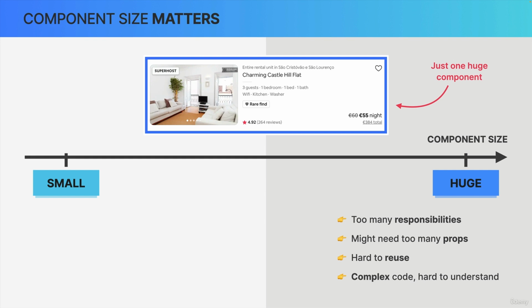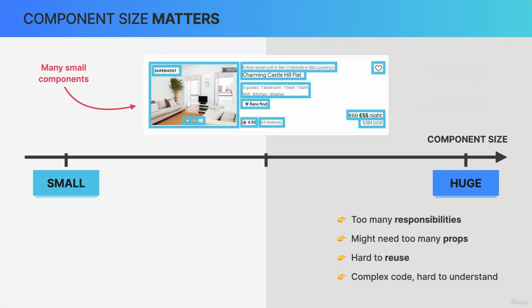Now, does this mean that we should do the opposite and create many small components like this one? Well, most of the time that would probably be a terrible idea as well. If we would build a UI or an entire app in this way, we would end up with hundreds, if not thousands, of mini components. This, of course, would create a codebase that is super confusing to navigate and to understand,